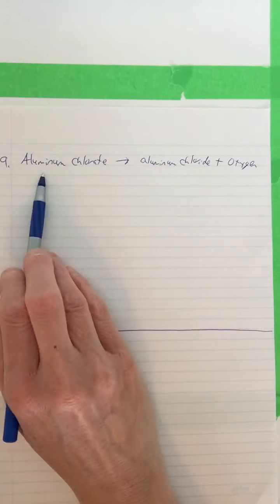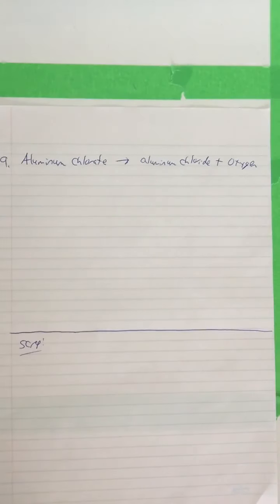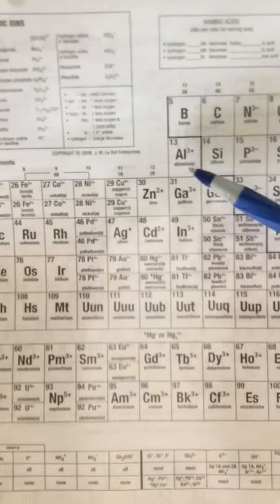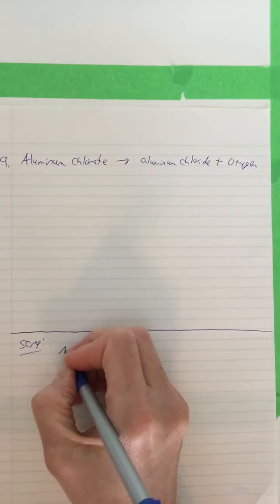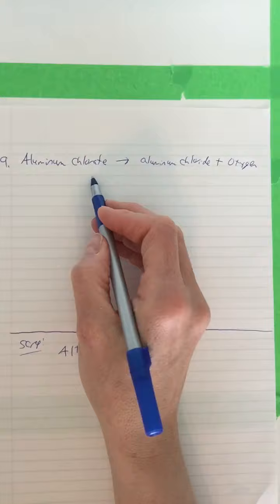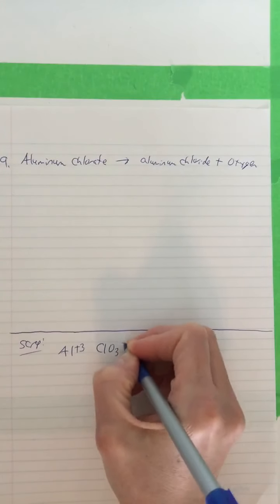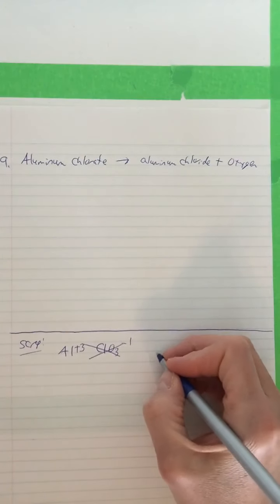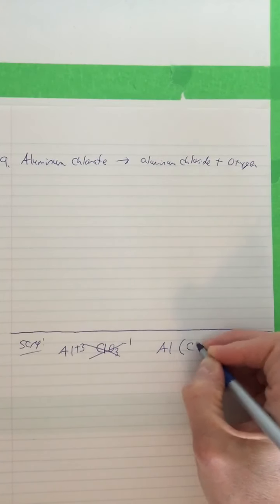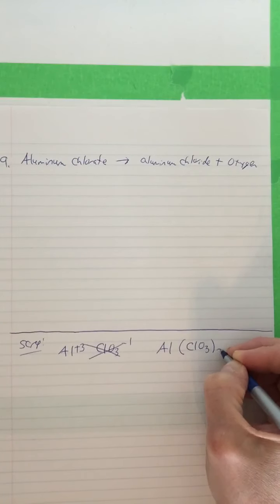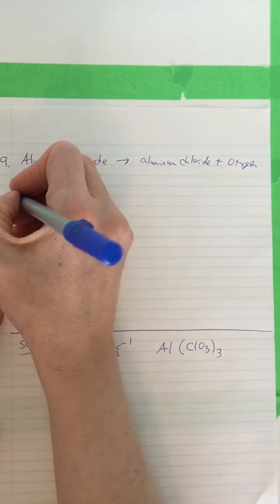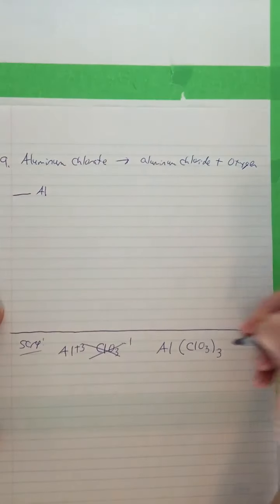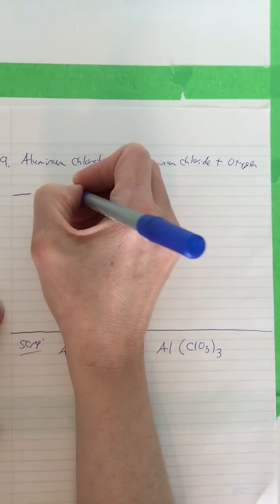down here. Aluminum chlorate. Well, we're going to look at aluminum. We know it's charged because it's with something. Aluminum is a +3. Al +3. I'm going to look up chlorate. You can see from your polyatomic sheet, ClO3 -1. What does aluminum chlorate look like? It looks like Al, open the bracket, ClO3, close the bracket, 3. That's aluminum chlorate. So I'm going to put a blank out and go Al, open the bracket, ClO3, close the